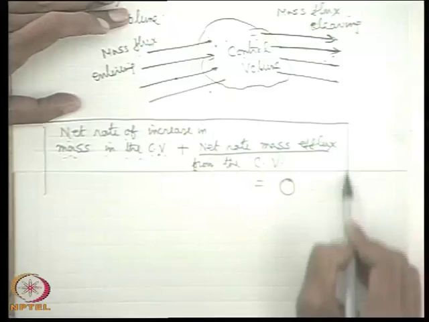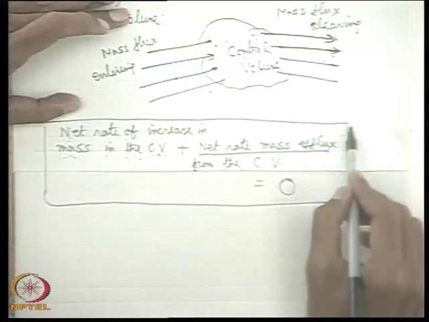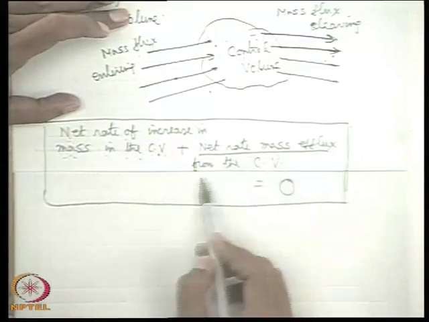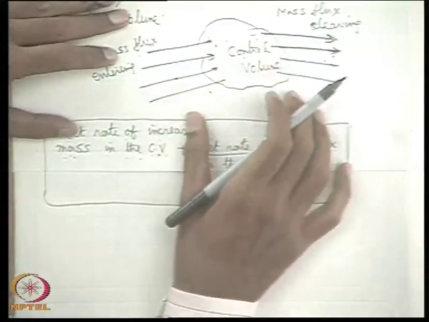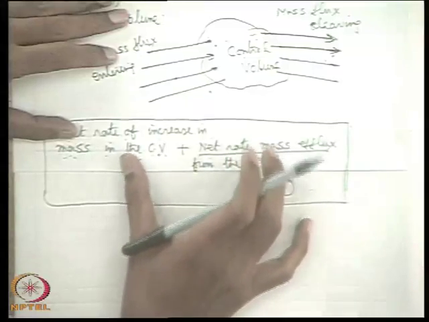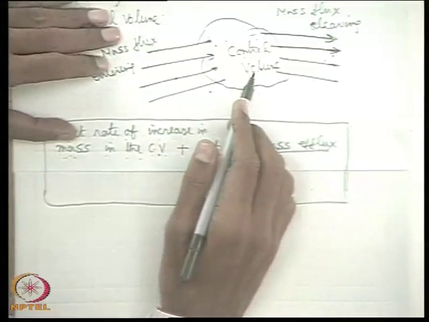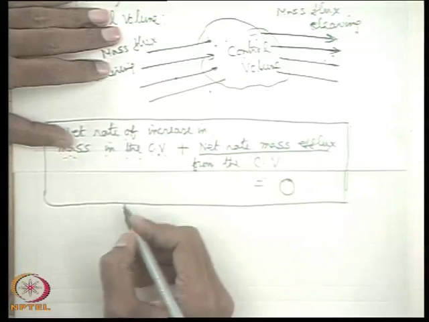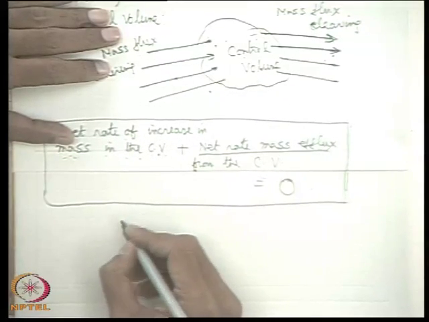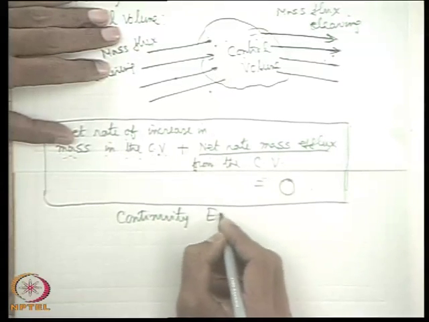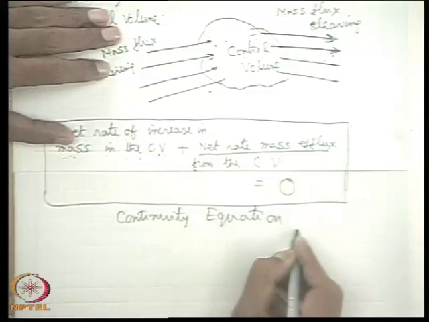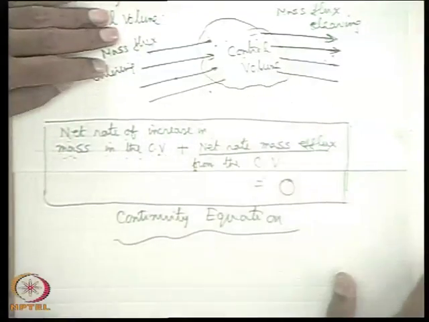So the statement of conservation of mass applied to a control volume or open system, which comes straight from common sense, is utilized in deriving an equation relating the velocity field in the flow, known as the continuity equation. So the continuity equation is an equation which is derived by using the conservation of mass with respect to a control volume. Let us derive the continuity equation. Okay, all of you have understood?